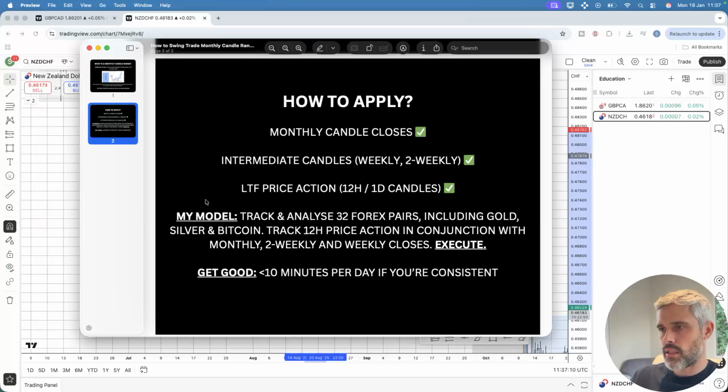I track and analyze 32 forex pairs, including all forex markets, gold, silver, and Bitcoin. I'm tracking 12-hour price action in conjunction with monthly, 2 weekly, and weekly closes, and I simply execute when it makes sense to do so. Once you get good at this, you can do this in under 10 minutes per day,